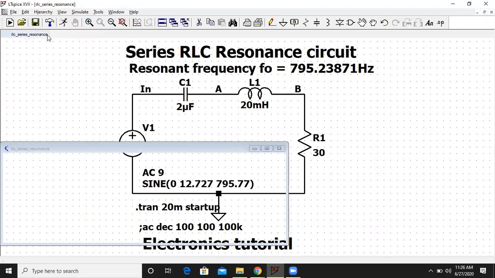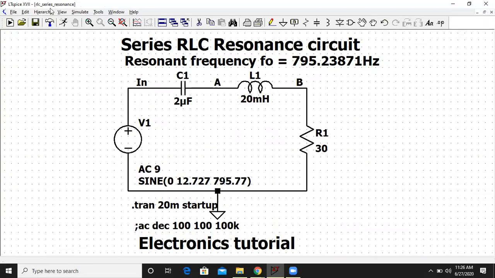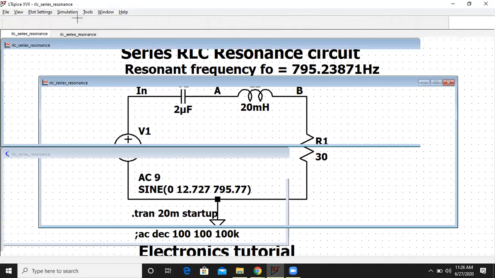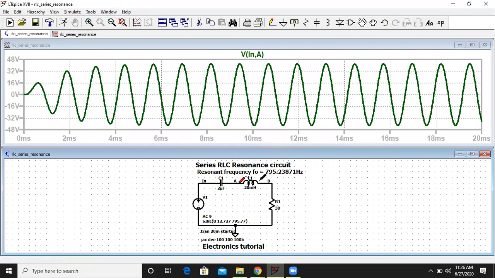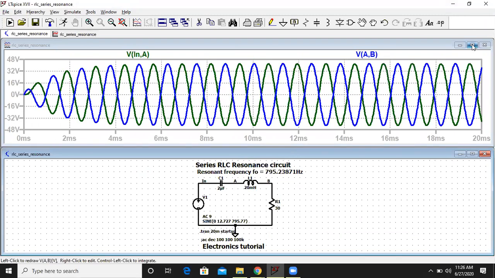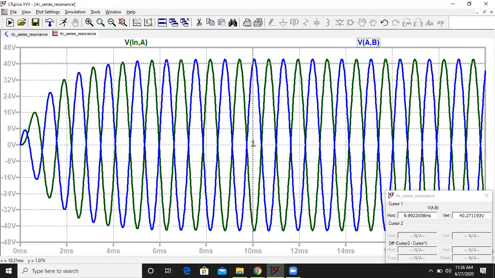So I will quickly proceed now because I have to show you all the other two sums also. If you get these waveforms, you need to plot like this, the voltage across the capacitor and the voltage across the inductor, and you have to take the print screen of this image. When you take the print screen, you should show these calculations, the peak value should be visible so that it becomes easier for us to evaluate.